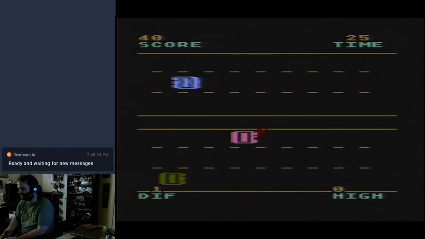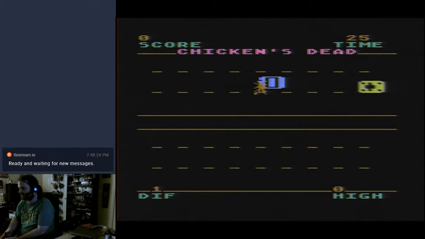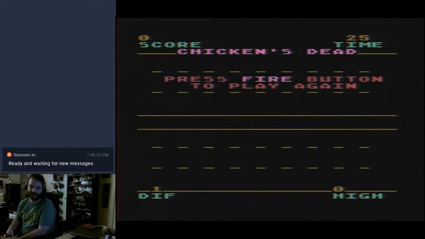Okay, and then splat. Okay, and then... oh, chicken's dead. And there's the ambulance. And that is the base entertainment you get from chicken. That's it. Expect no more. Okay, so that's at least part of